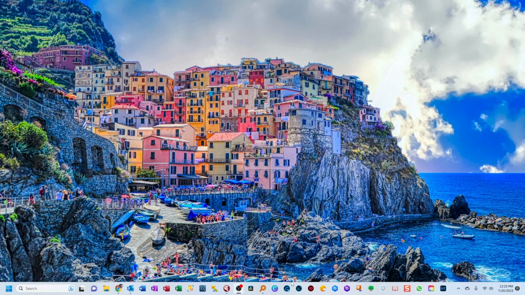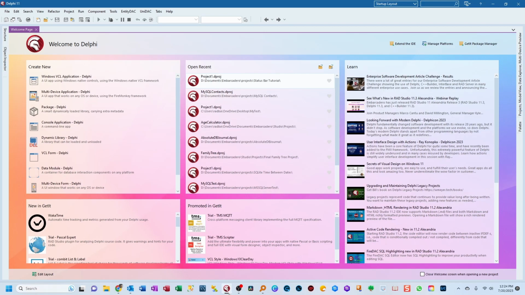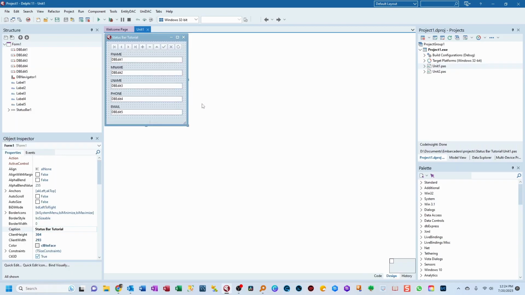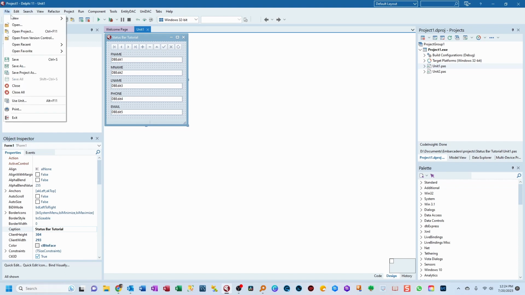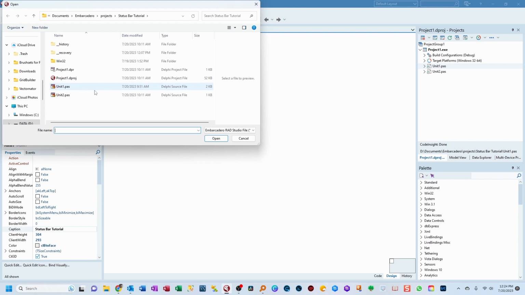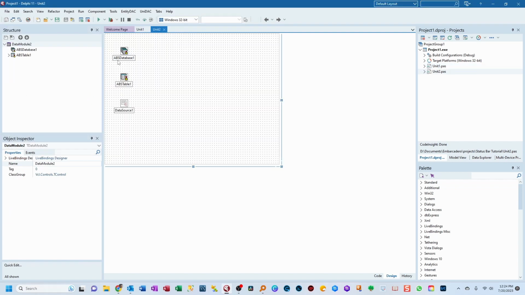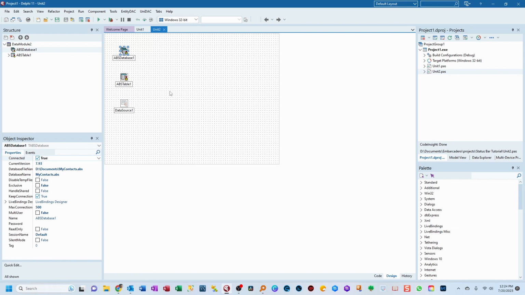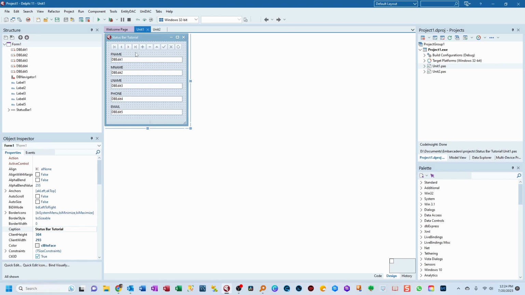So let's get started. I'm going to come over here to Delphi, and we'll get project one. What I've created here is a simple little database application. Let me open Unit 2. And you see I use the Absolute Database, and it's just a one table setup for contacts. Just a little lazy database for samples. But on the main form, we have all the labels and DB edit fields for the record,